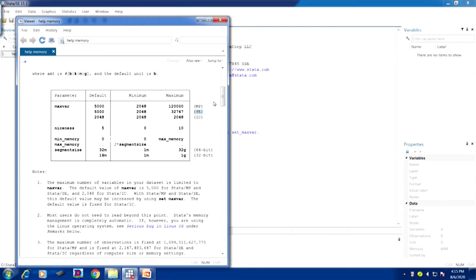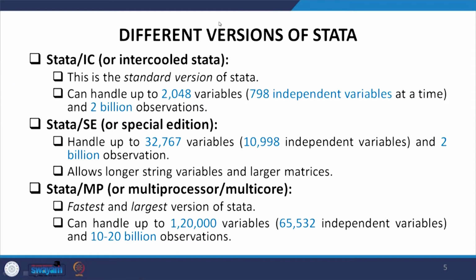Now, each version has different space, space in the sense it occupies different byte space as well as different numbers of variables and observations. I will clarify in that PPT. For your knowledge, you can have an idea of this particular table. You just type this command, I will clarify later. Now, let me move to our slide once again.